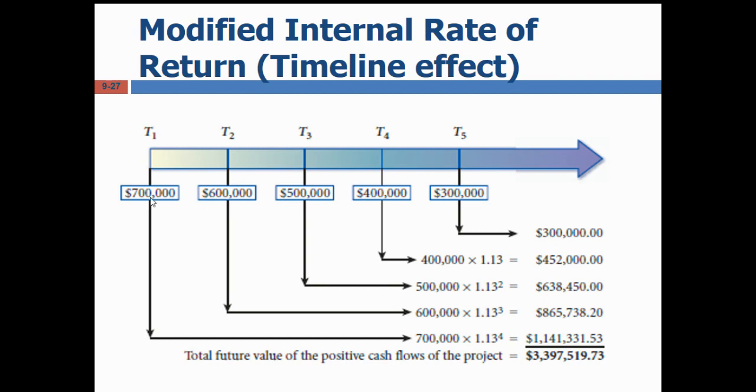Even though the project finishes at the end of the fifth year, the money you received earlier, you would reinvest so that you get some additional return. So the 700,000 you reinvest for